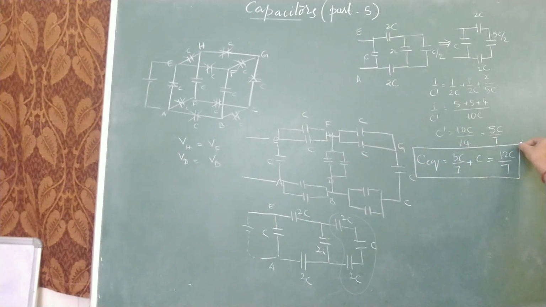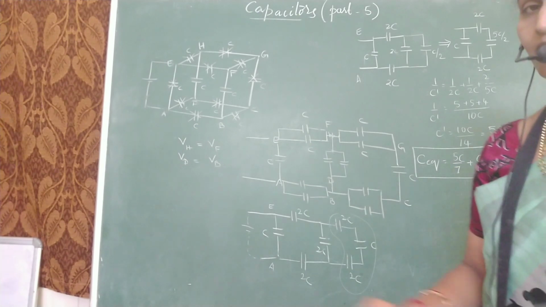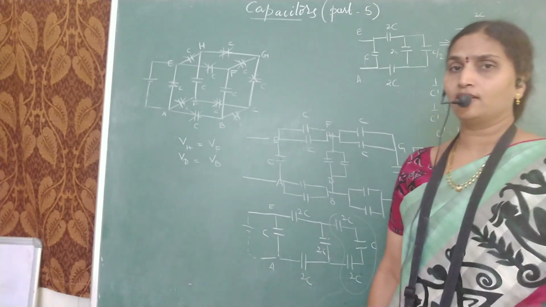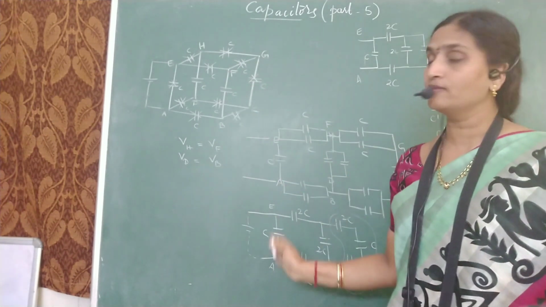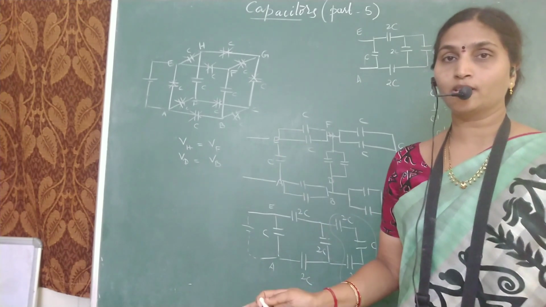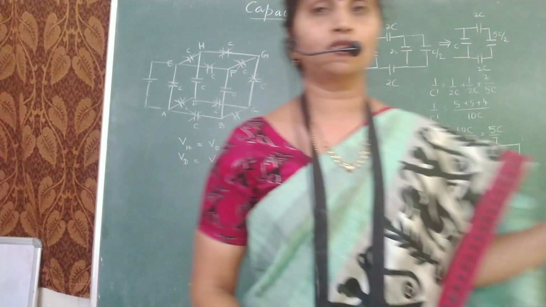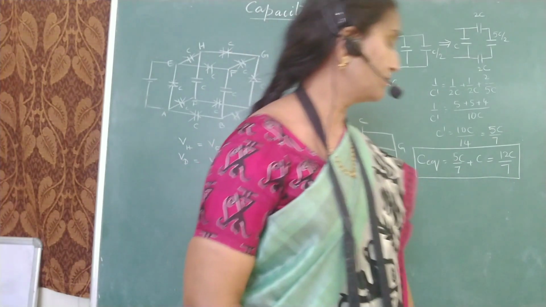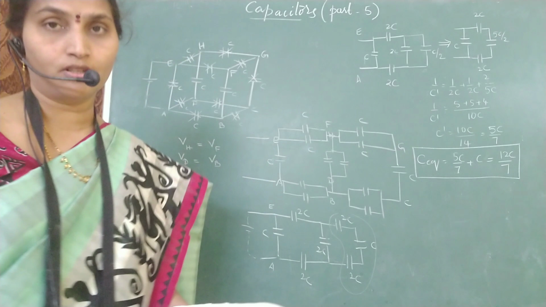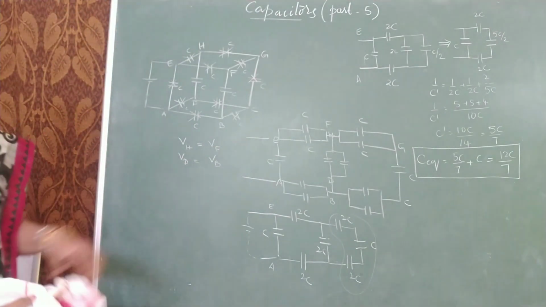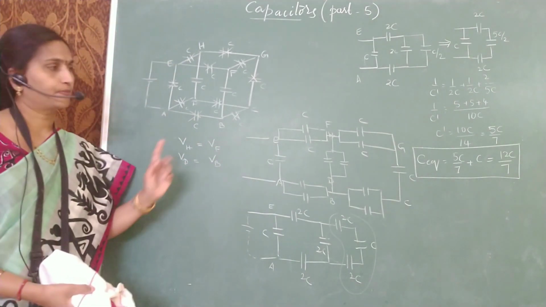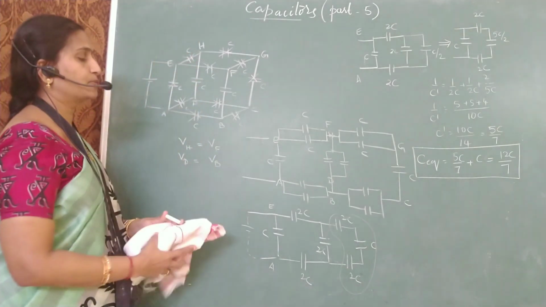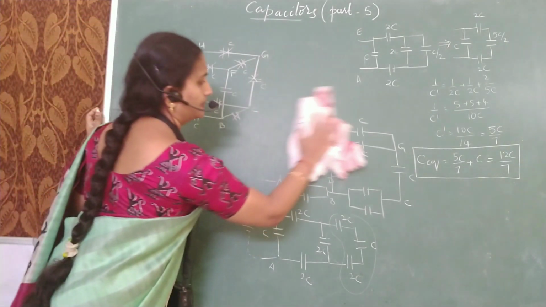So this will be your answer for equivalent capacitance across one edge of a cube. And your answer won't change even if I change the edge. For all the edges, the answer will remain the same. For any edge of a cubical network, the answer for capacitance is 12C divided by 7. So this is how you can reduce the circuit or do the cubical network combination for one edge of a capacitor. So two cases are completed. Now coming to the last case, across the face diagonal.